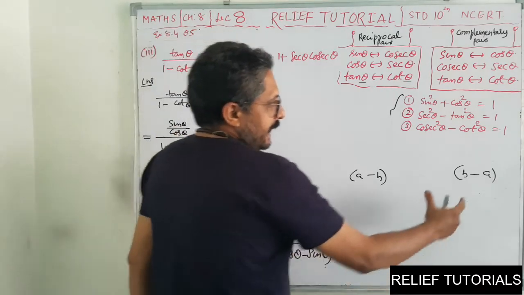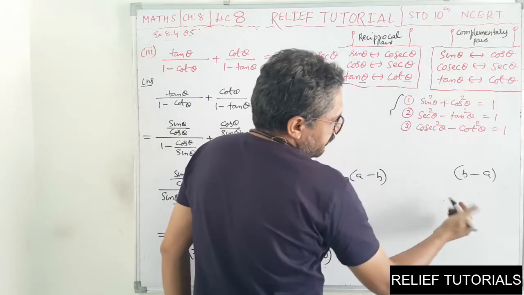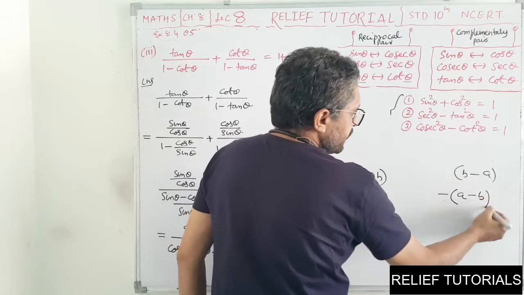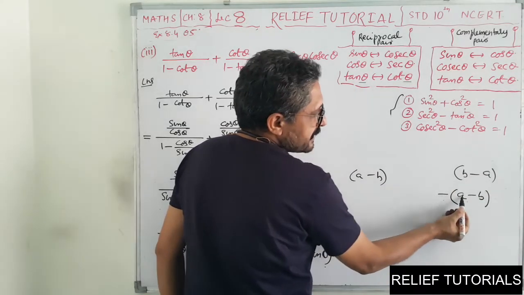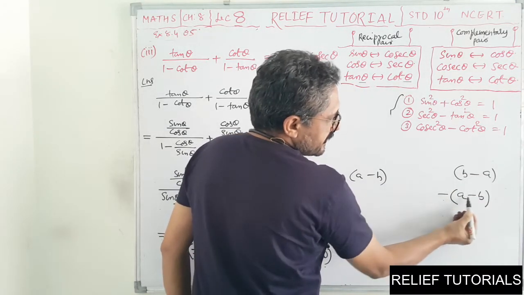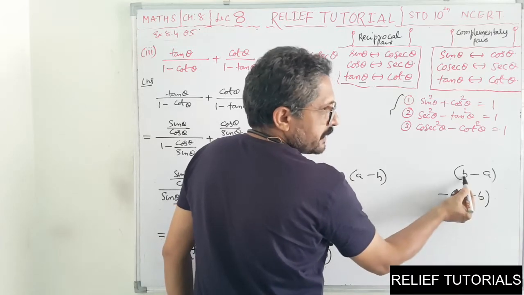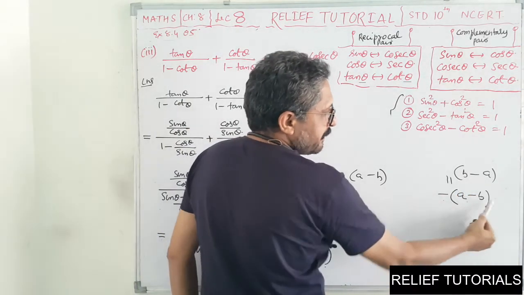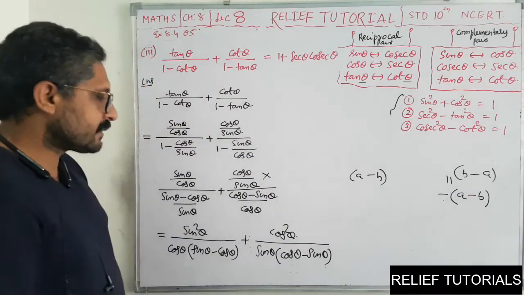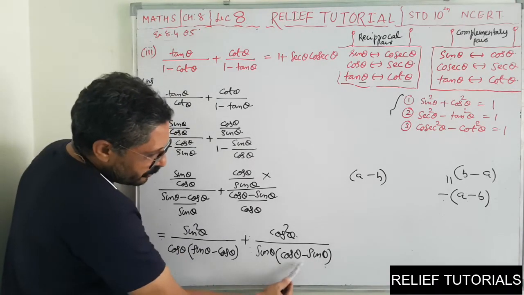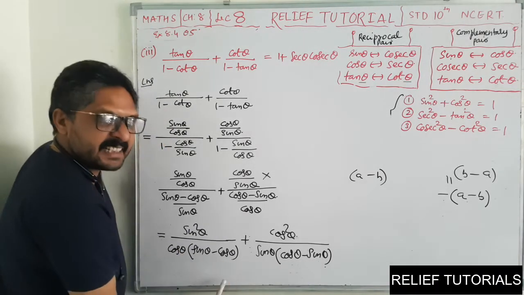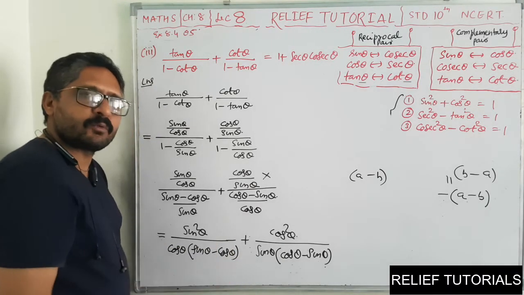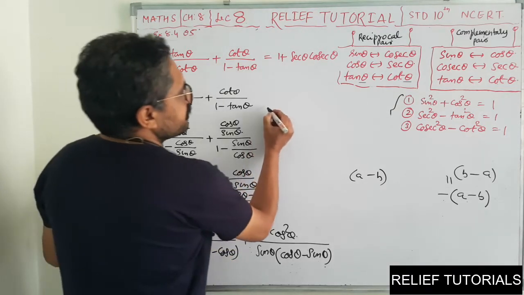See, I can take minus common from here. If I take minus common, minus A will become plus A and plus B will become minus B. Now if you open the bracket, minus into A, minus A, minus into minus, plus B. So plus B. Both of them are the same. So I can write B minus A as minus of A minus B. Why, sir? Why is it necessary? See, by doing so, what will happen? These two terms will become the same, so it will be much easier to take LCM. When there are fewer terms in the denominator, LCM becomes quite easy. See what I will do here now.